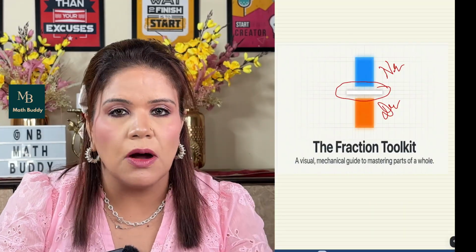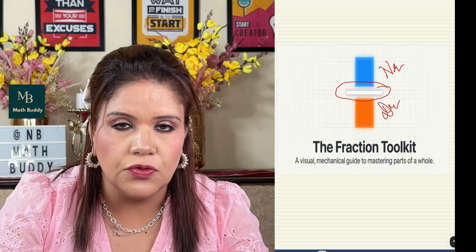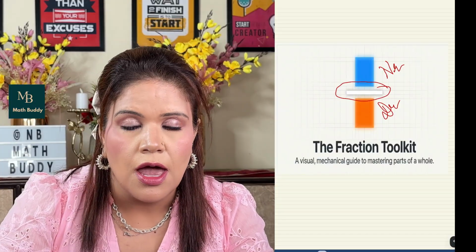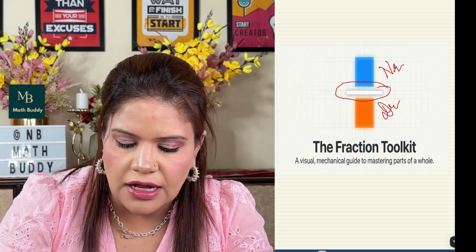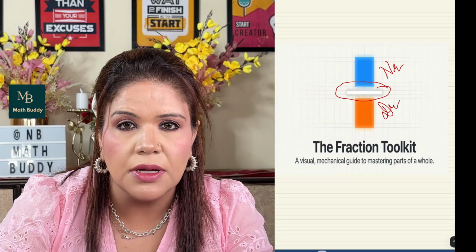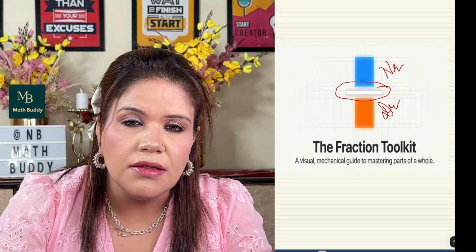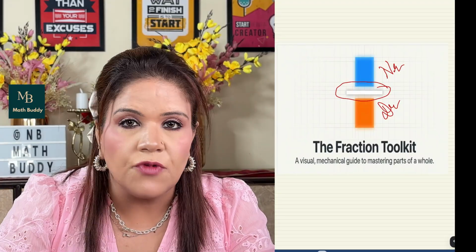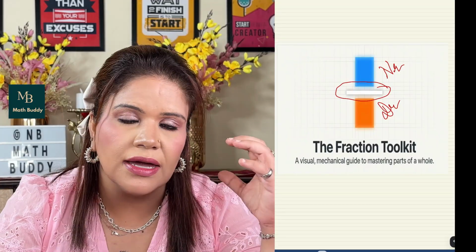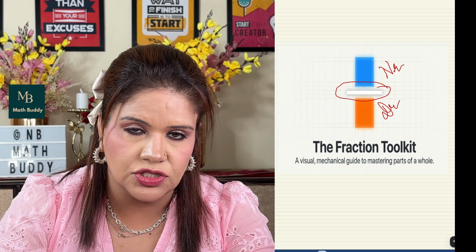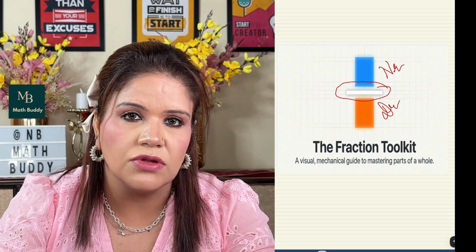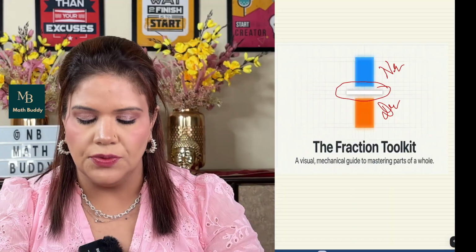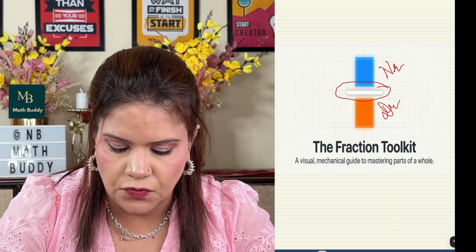You have heard about 1 by 2, half, you have heard about 1 by third, you have heard about 1 by fourth. But when we start taking any number in the numerator and any number in the denominator, then you get a paradox of numbers, and there you get confused. And the problem is your mind can't see that fraction. Your mind can't picture that fraction. That's your biggest problem. So let's dive into it and learn more about fractions.